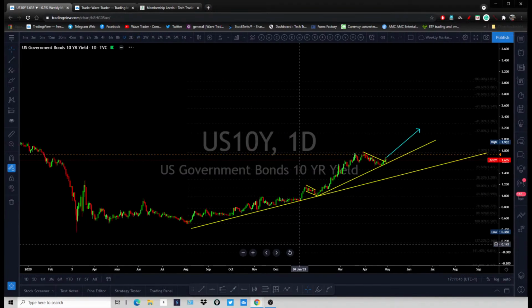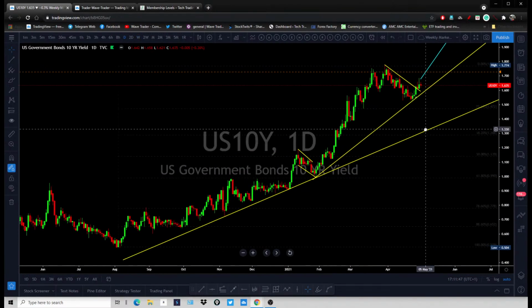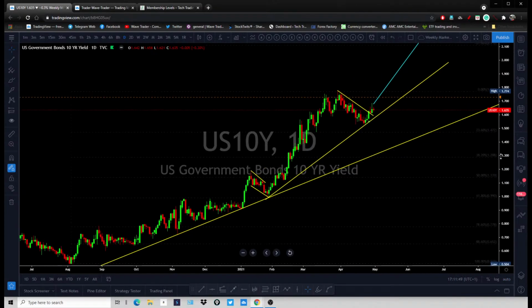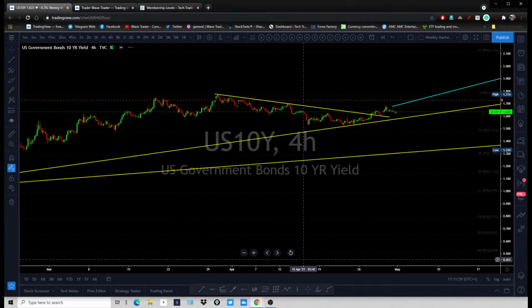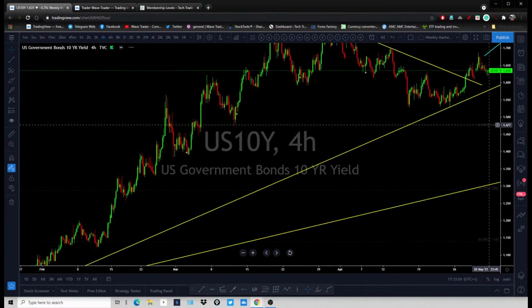Okay, so if I look at the lower time frame, there is a daily correction which is just trying to break out, all right? And you are looking for this to at least hit that top next week or slightly go beyond that. Means that you are looking for 10-year treasuries to drop and